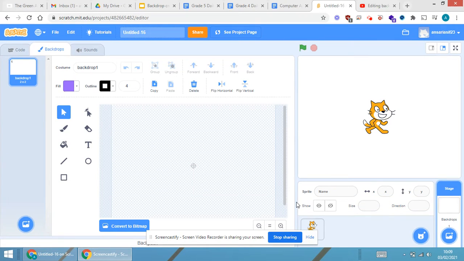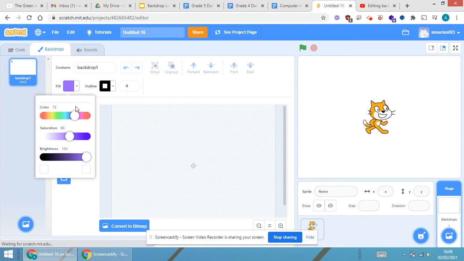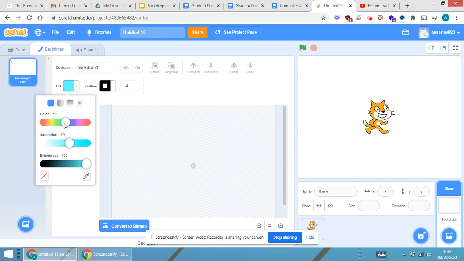Now, in this video, I'll show you exactly how to create a simple and sweet background with the help of tools that are available. So first, I'm selecting a rectangle tool and I'll be changing the color to a certain blue part over here. And what I will be doing, just making it light blue.